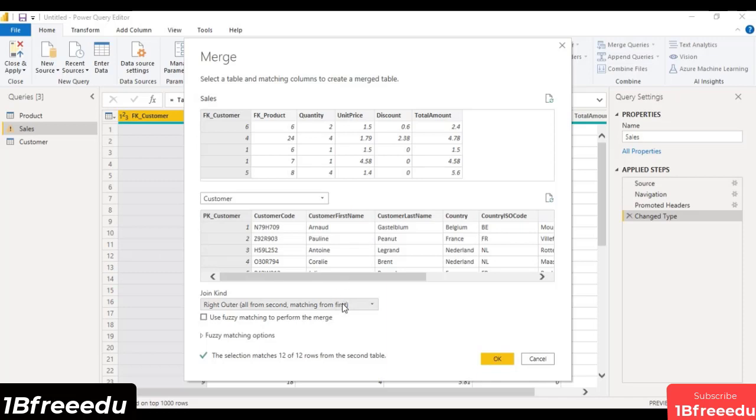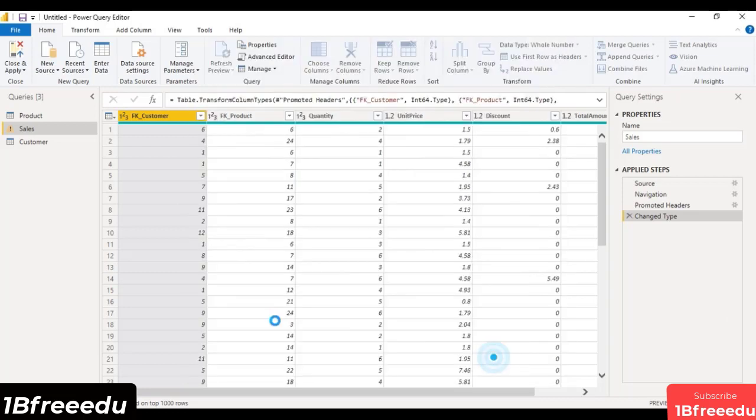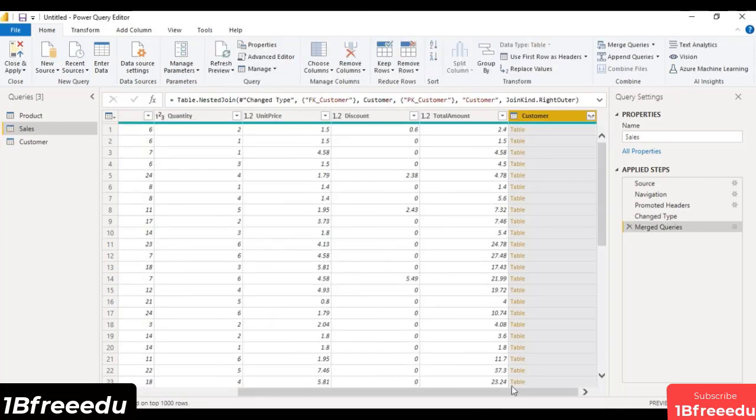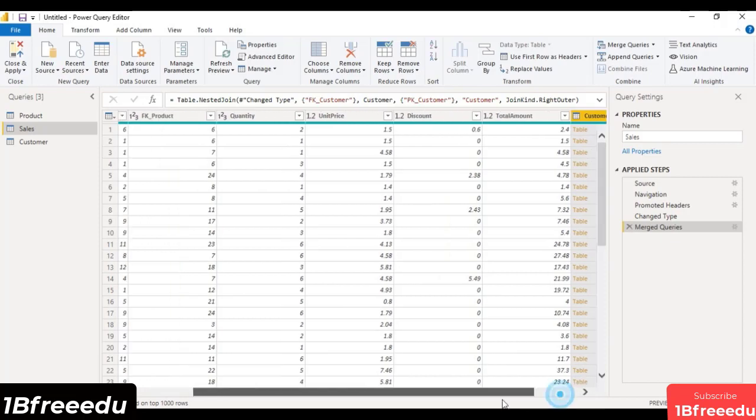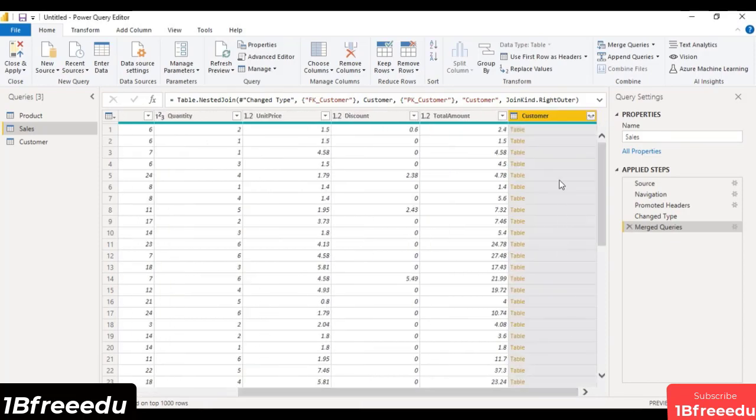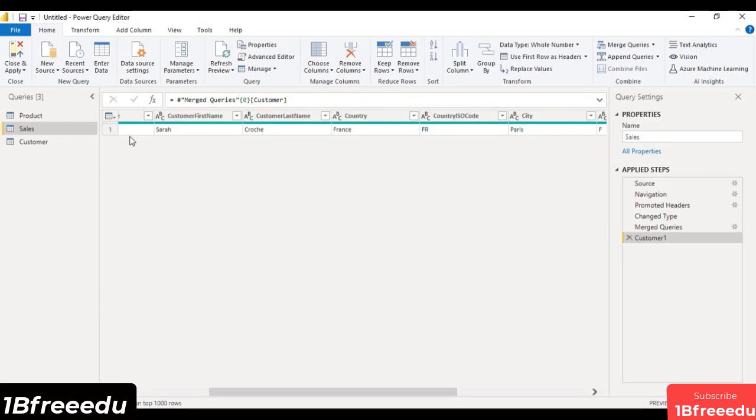Click on OK, and what will it do? It would just create a column for the customer table, where the whole table is present. If you just select on this table, then you would be getting all the individual information like this.